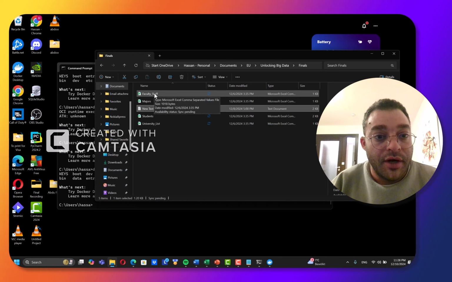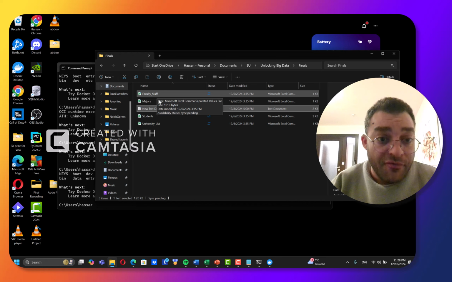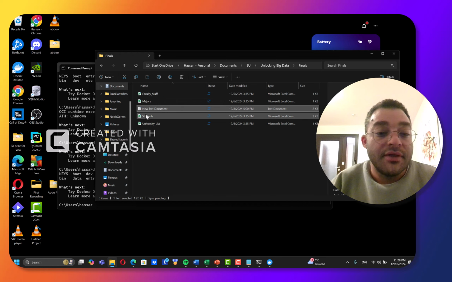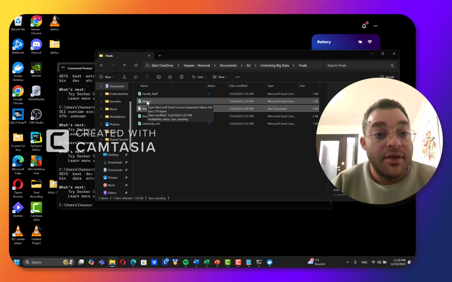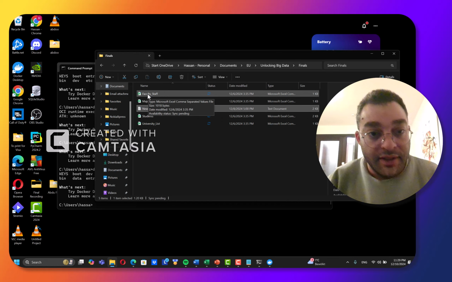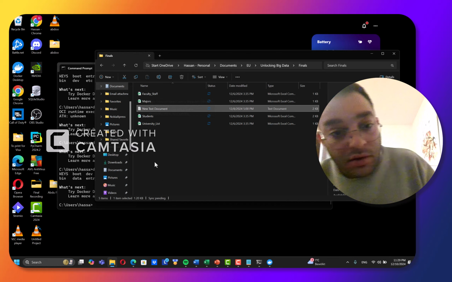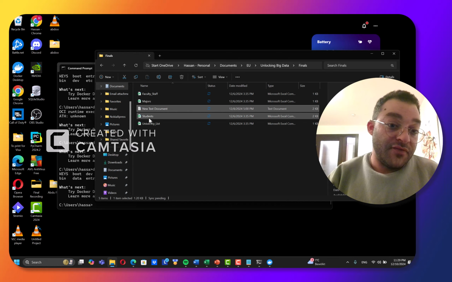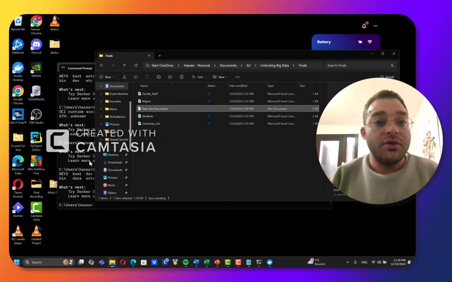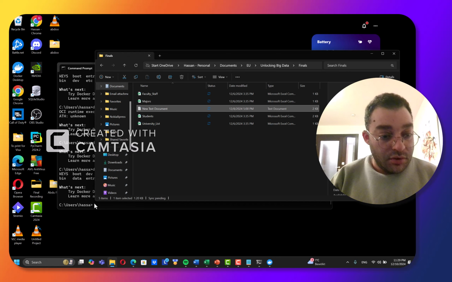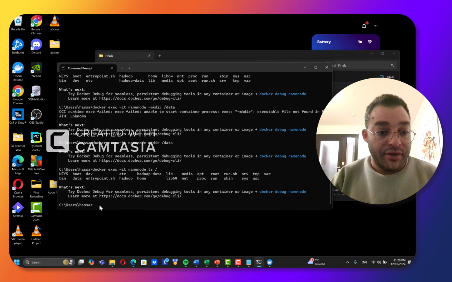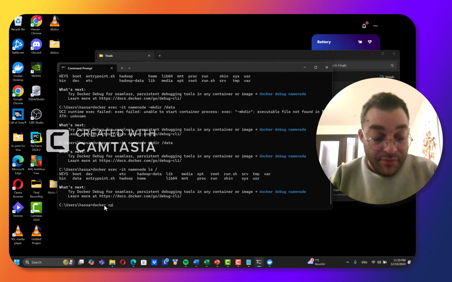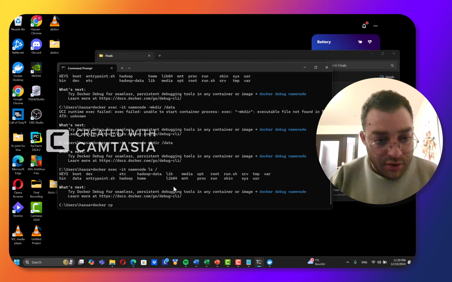So here I have 4 CSV files. One is a university list, the second one is students, majors, and faculty staff. Okay, so we want to add these 4 CSV files to our data folder that was just created. How can we do that? We can do that by adding this code, docker cp, which is docker copy, and